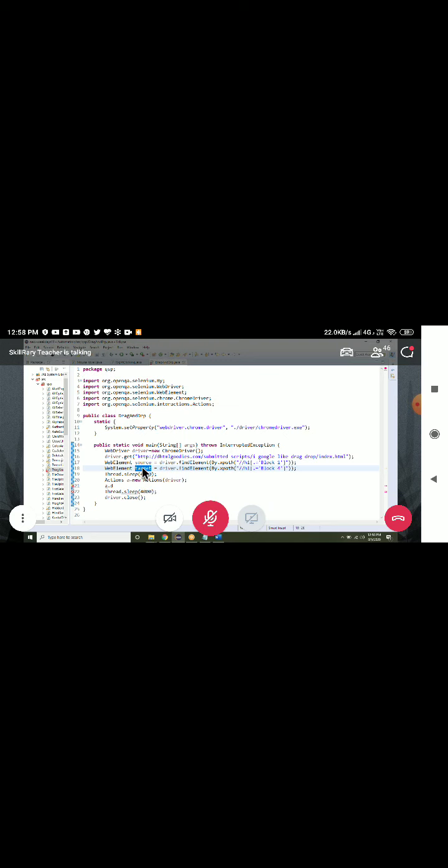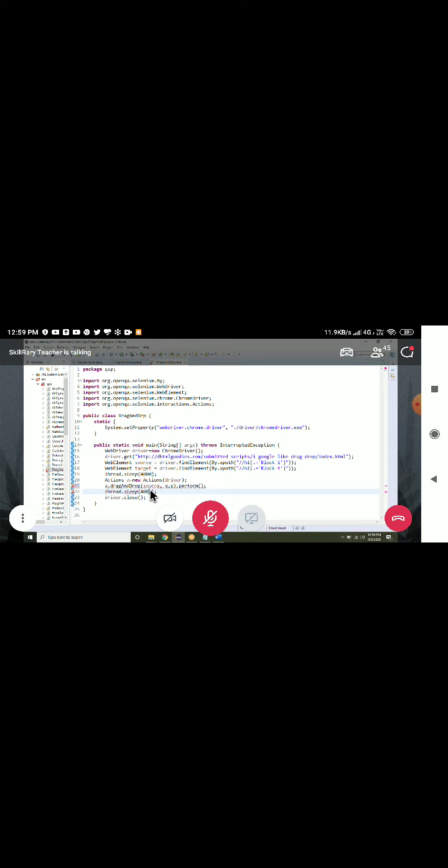Instead of passing the target, don't pass the target. Use the X and Y axis, something like 400, or you pass X, comma, Y. Like this, you have to pass it.